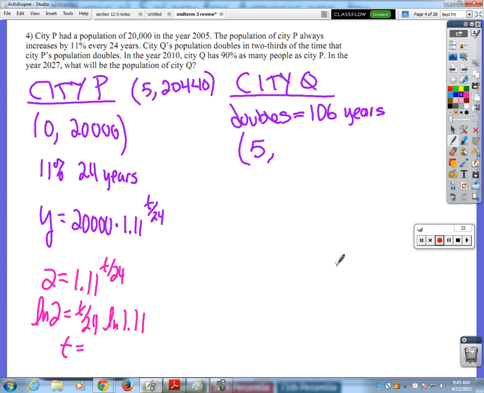City Q has 90% of this, so that's 90% of